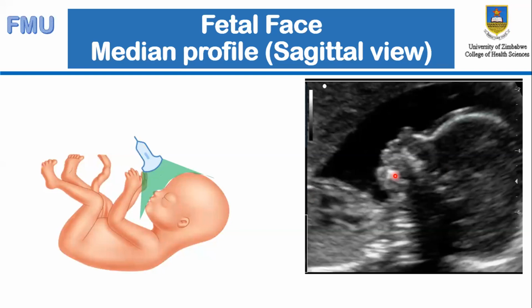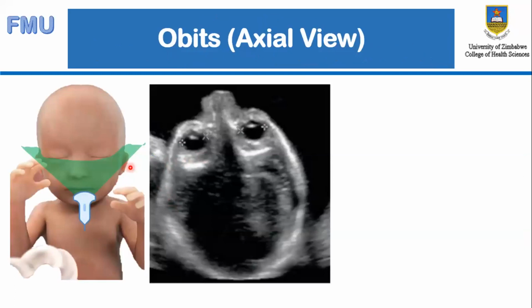Then we also want to see the maxilla, and we also want to see the chin. And the chin shouldn't be too small, as in cases of micrognathia, or it shouldn't be directed backwards, as in cases of retrognathia. So if you are able to assess the fetal face in sagittal view, then definitely you are also able to assess the fetal orbits, because we just rotate the probe 90 degrees at this level, and we are going to get a good image of the fetal orbits as it is demonstrated on this image. So just a rotation of the probe from the sagittal view will enable us to get a good picture of